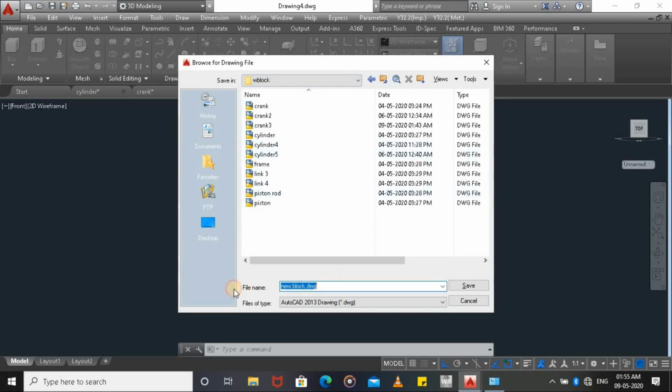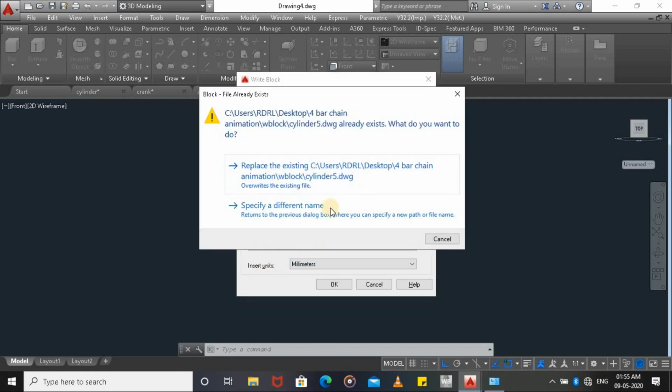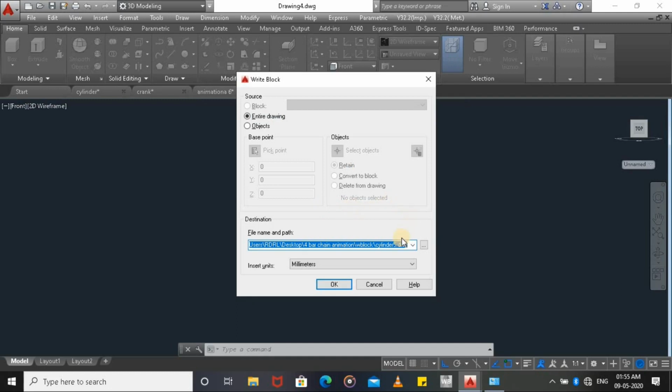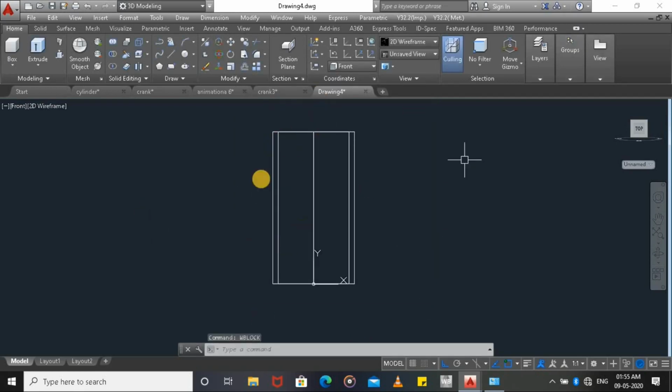In that W block I am making it as cylinder 5, then inside unit millimeters, specifying a different name. Already cylinder 5 is available, so cylinder 6. So the W block is created.